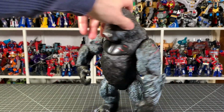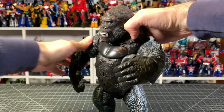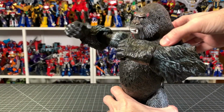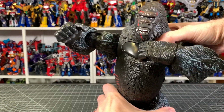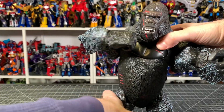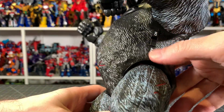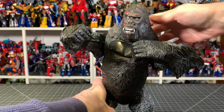Okay, gimmick. Let's raise this. First off, you move this lever, and he does that. Pounds the chest. Oh, I made it close that up. Pounds that chest. That's really cool. Now, you have the on-off switch here, which I didn't even look at before, which is fine. Do that. And now when you pound the chest,